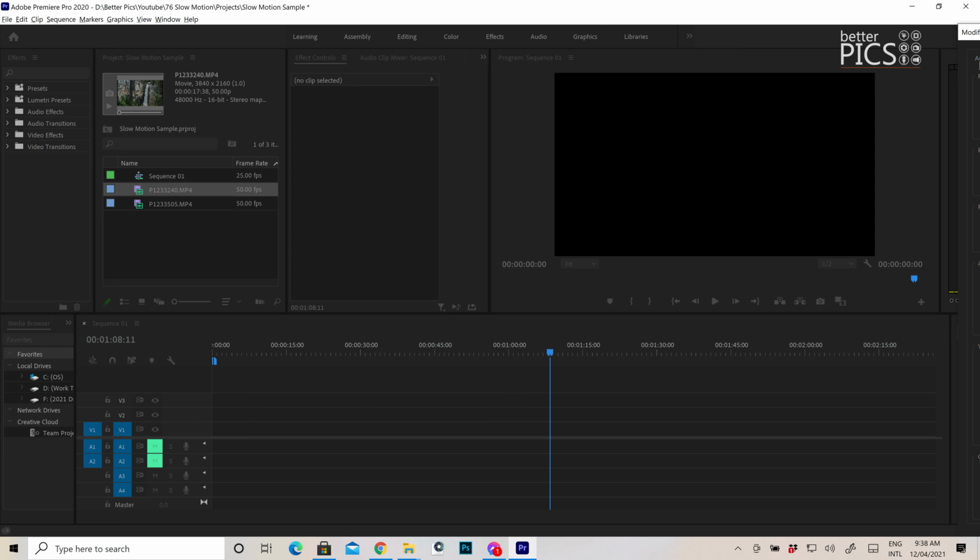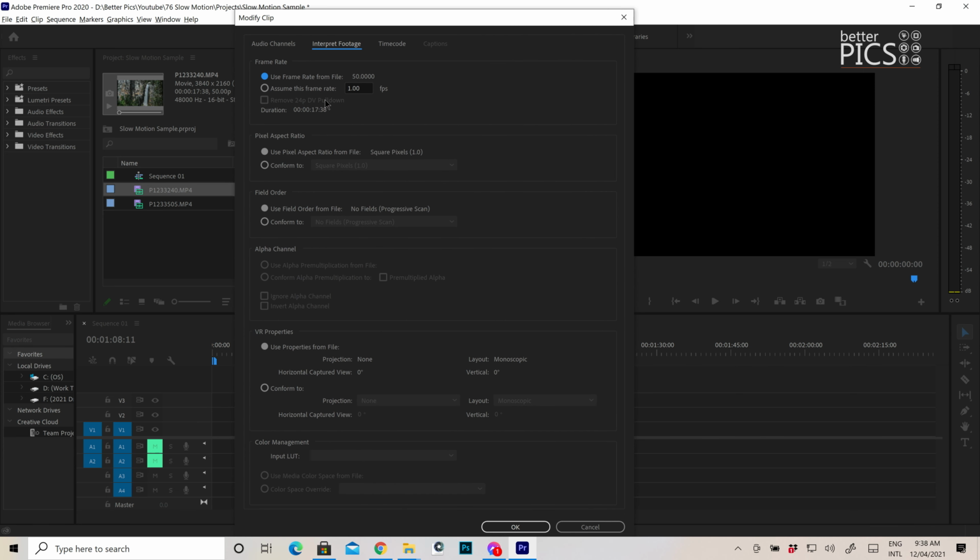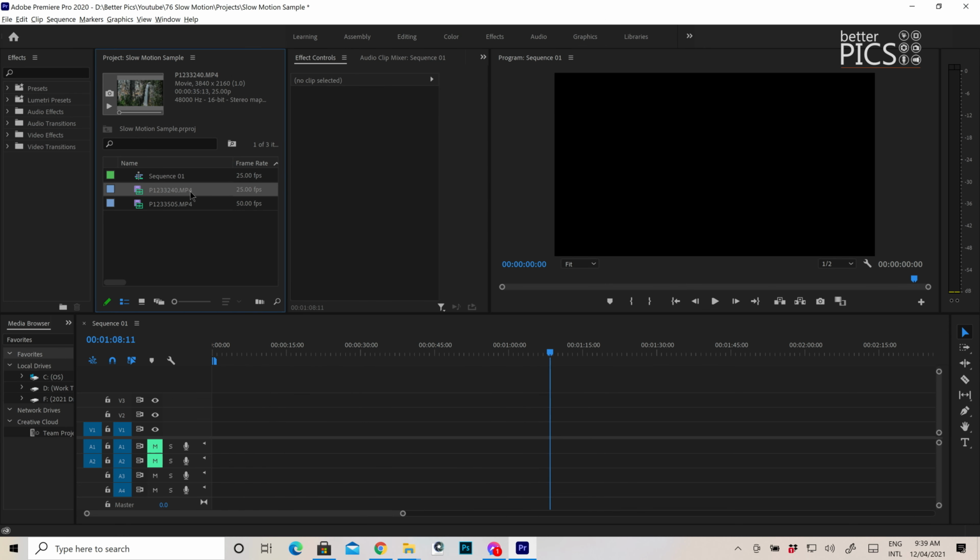Now what this basically allows us to do, just drag that across, is assume, we're going to use this little checkbox here, assume this frame rate. So what it's saying is assume that the clip is whatever frame rate we enter into that little box. So the first thing we do is we assume that the frame rate is 25 because that's what our sequence is. We hit OK, and you can see straight away that that clip that we've just adjusted is now 25